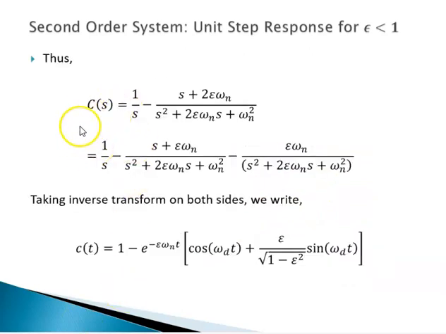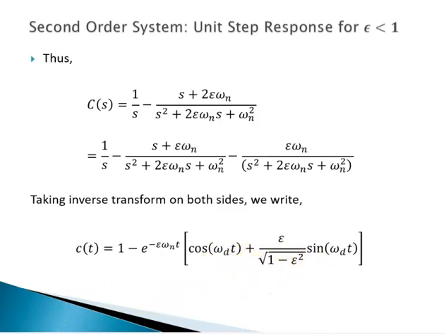With the constants specified, you have the Laplace transform of the output given here for convenience, and to find the inverse transform, we write them here. Taking the inverse transform on either side, we write the response C of t as this. In this, omega d is the damped natural frequency, which is omega n multiplied by the quantity under root 1